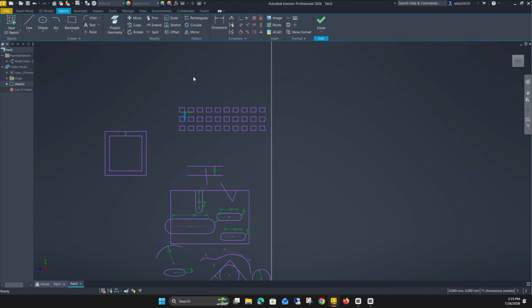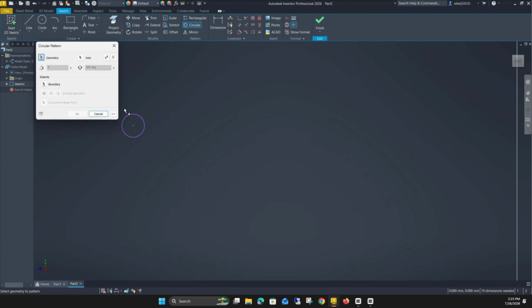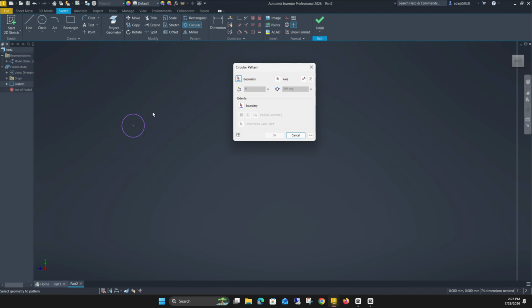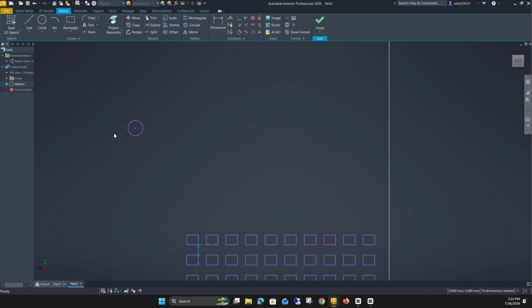Let's talk about the circular pattern. So let's put a small circle here, and you want to make a circular pattern. For this window, geometry, and you have to select the axis, the center point. It will be this one. So for center point,